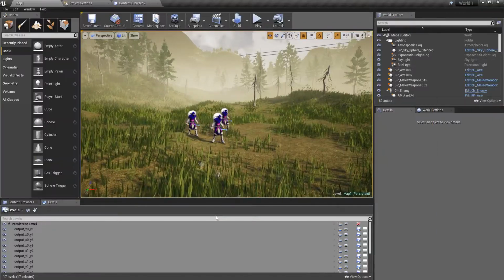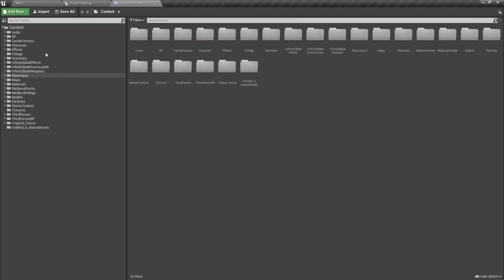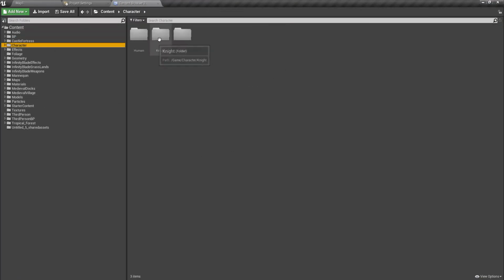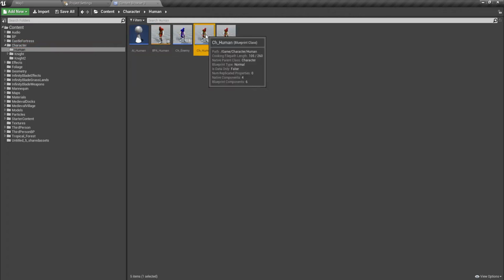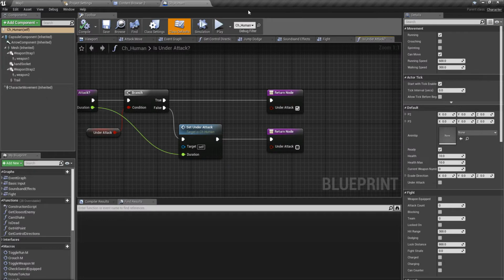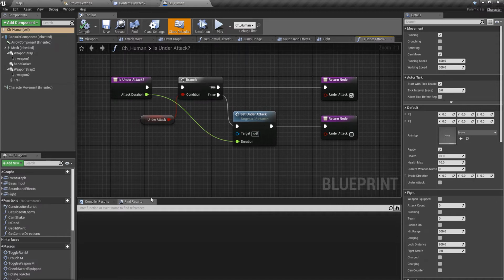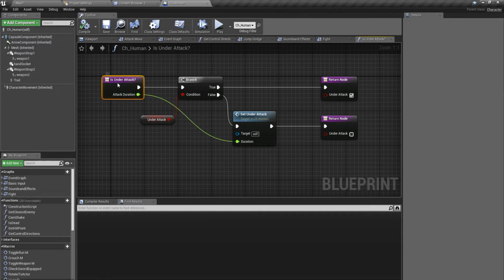Okay, so first of all, I'll open my player character, and so I already have this set under attack method, so that we can allow only one enemy to attack at a time. So first what I'm going to do is,